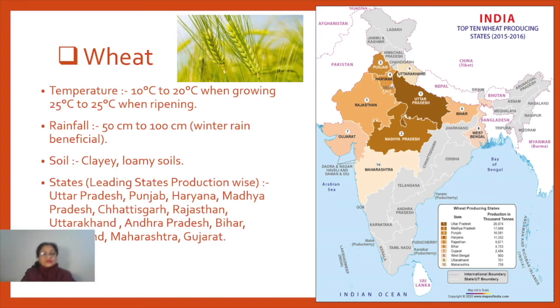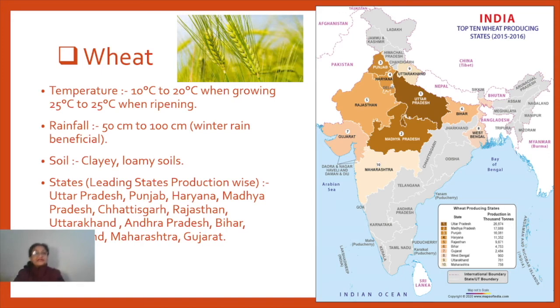Okay, so this winter rainfall helps to a great extent in improving the quality of the wheat production, right? And this is one of the main reasons why the northwestern parts of India are taken for wheat cultivation. Besides the soil type, temperature and rainfall conditions, this is also one reason, that is the winter rainfall which is received. Okay, that means it is grown during the winters, right?